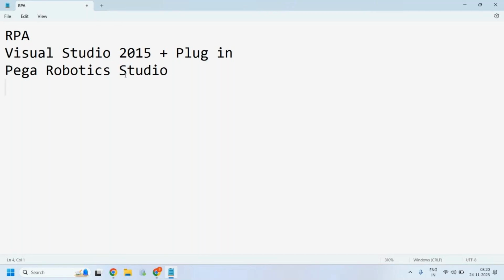If we install this one, the features of Visual Studio will by default be installed at the backend, and we don't need to add the plugin, because we already have integrated software here, right? The same environment we are getting here. The benefit here is we can debug the coding part here.